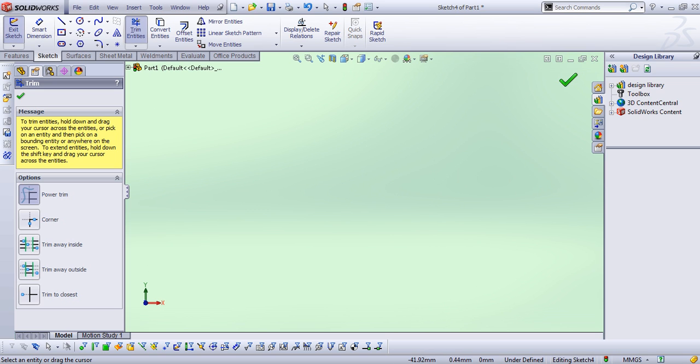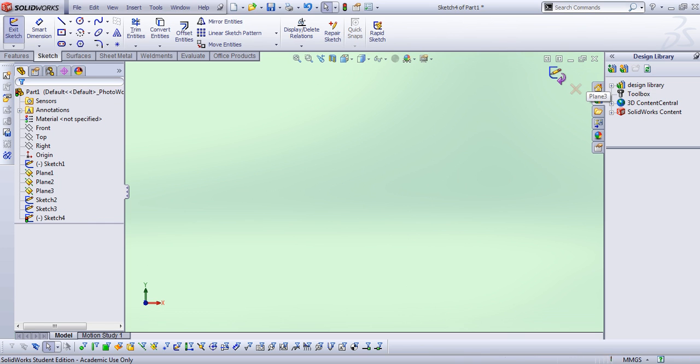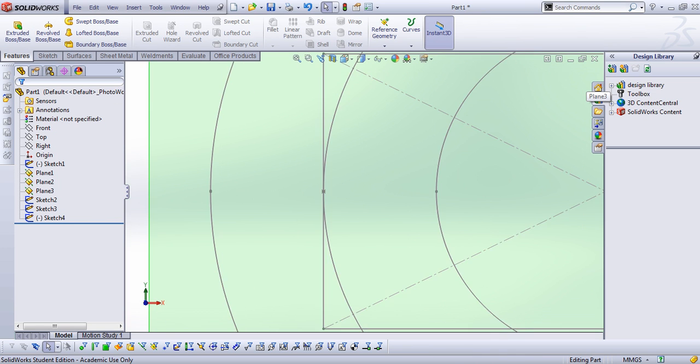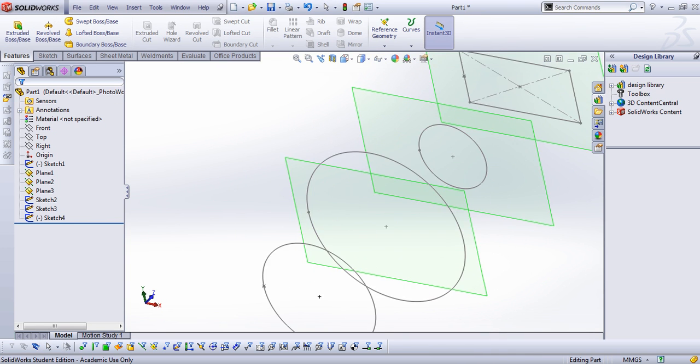So the reason for doing this is when you want to use loft, you cannot loft